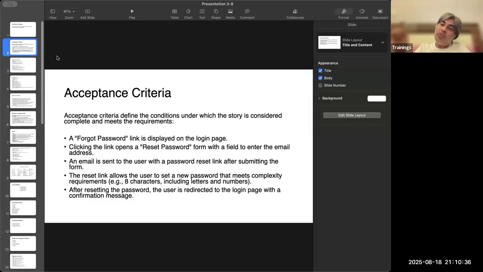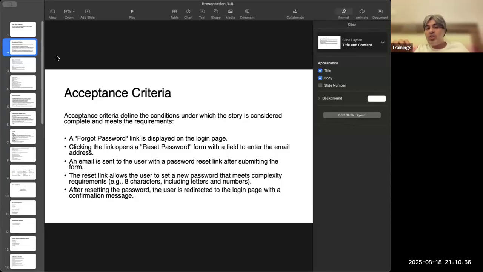And the requirements have to be in this form only, because you are expressing requirements from the perspective of a user. Unless that happens, you are not customer centric. Agile is customer centric because you are defining requirements from the point of view of a user. So that is the explanation of what a user story is.